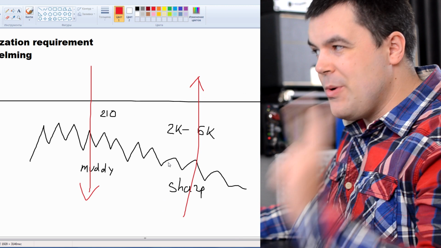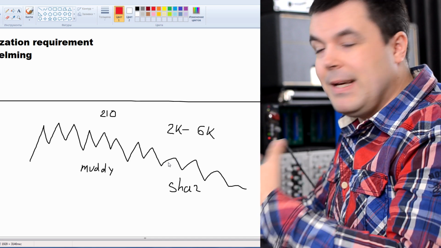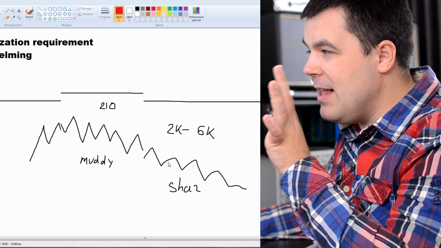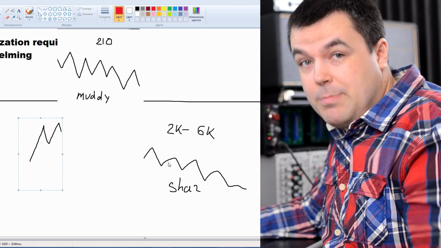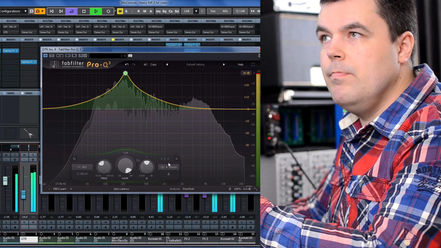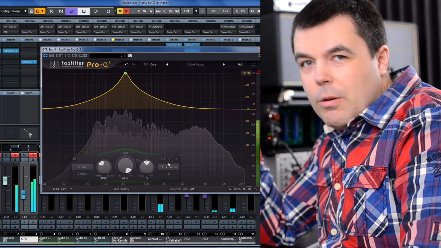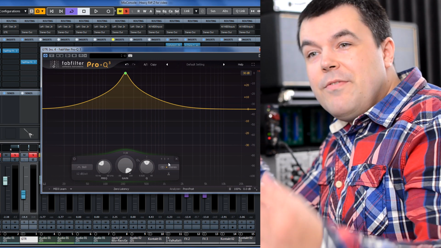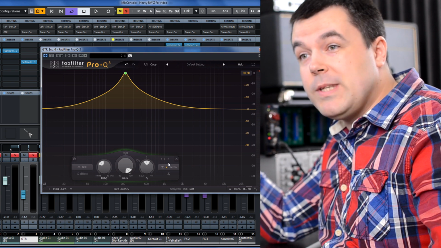Now we go to the second reason why the frequency mirror effect works. It's the overwhelming effect. If your instrument simply contains a lot of information in some range, it overwhelms all other frequencies. If you have a lot of muddiness, you feel sharpness, high frequencies and low frequencies much less pronounced. Let's say our guitar originally sounded like this. I'm going to solo the guitar. Can you say it sounds sharp? So basically when you have a bass guitar with a lot of lows, you cannot say it sounds brighter than a hi-hat. If you have a very bright hi-hat with a lot of highs, you cannot say this hi-hat is fatter than a super low sounding bass synthesizer.